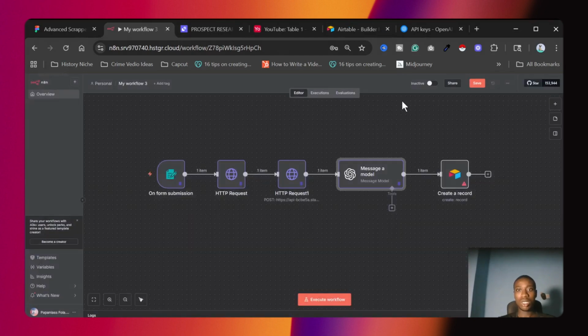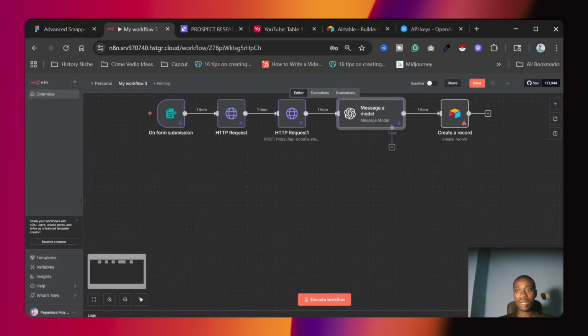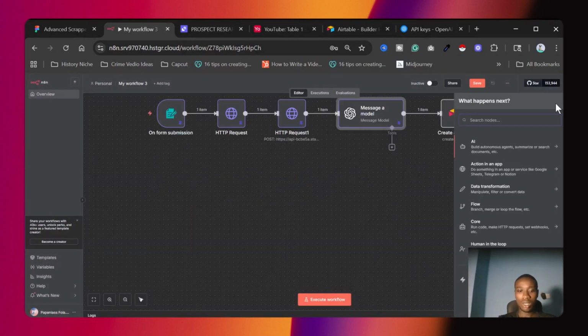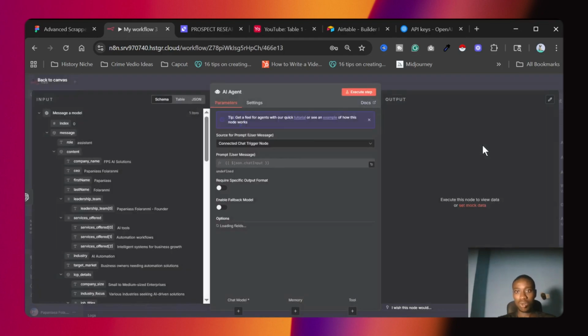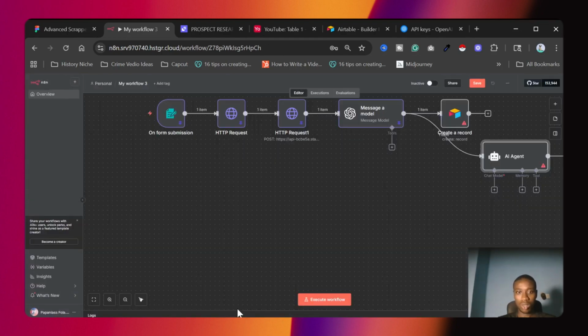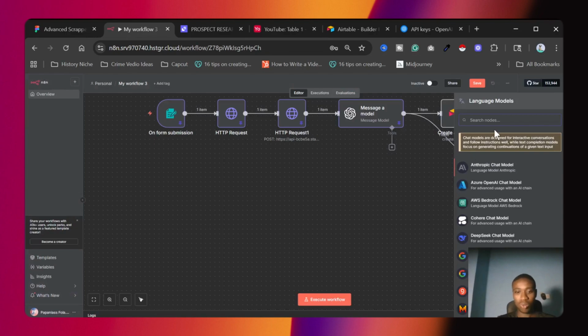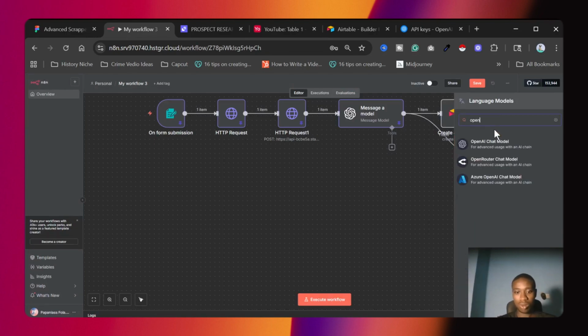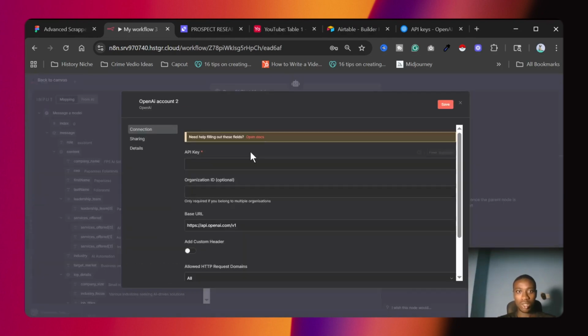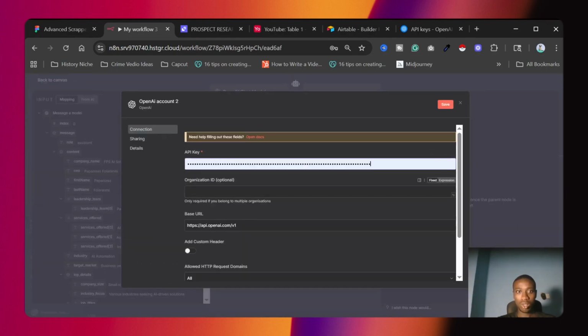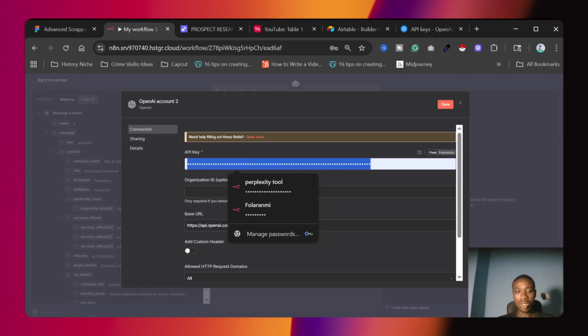let's just say an instance where I just want to create another AI agent, that I want to use this node chat model. So OpenAI. So instead of my OpenAI account that is here, I'll create new credentials. I'll say API key.